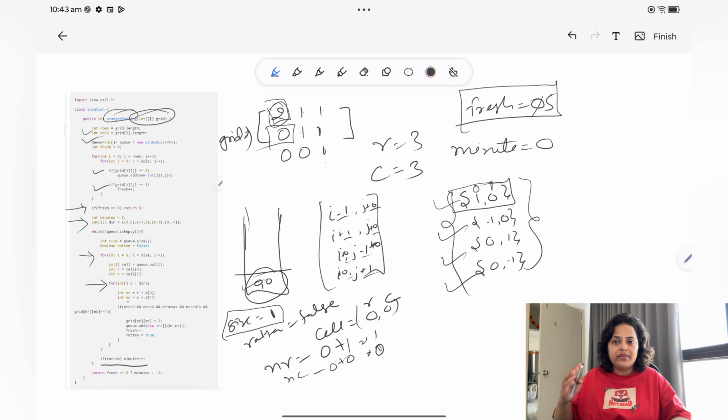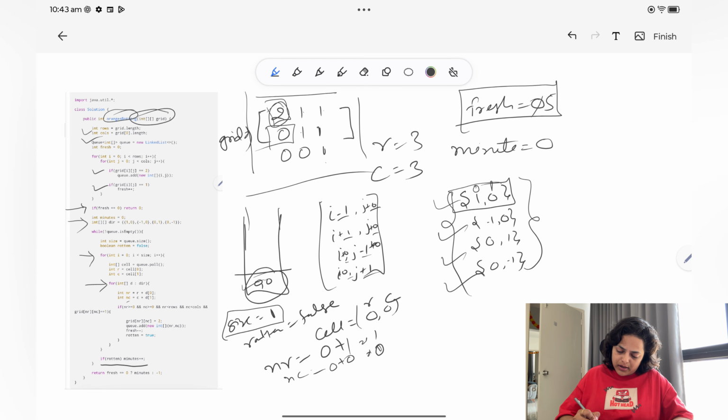Now again you will have 5 conditions here. You will stop checking its neighbor when your i is less than 0, j is less than 0. Here in this case we have new row and new column instead of i and j. So if new row or new column is less than 0, they are coming somewhere outside the matrix, or if your new row or new column is greater than row or column, they are coming somewhere outside. After that, one more condition: if grid of nr and nc is not 1, then in that case also you don't need to perform this operation. If it is 1 then only you need to perform, because if there is a fresh fruit then only it will get rotten. If there is no fruit then no issue.